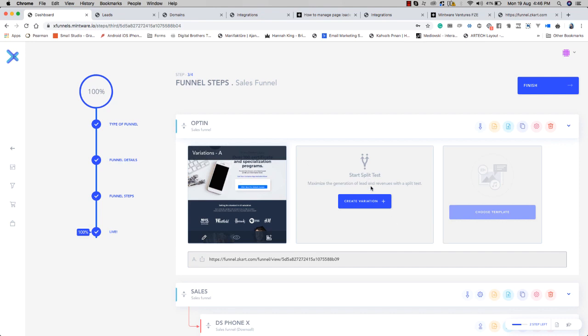What is that? So let's say, most of the people don't know about A/B testing. So let me tell you how it works. Whenever we launch a product, I have already launched multiple products in the past, over 2 years, 3 years, and generated millions of dollars in revenue. For the last 1 year, I've been working on this suite Mintware, and today we have reached the level where we are about to go public on a subscription model. So we are going to make it a monthly subscription